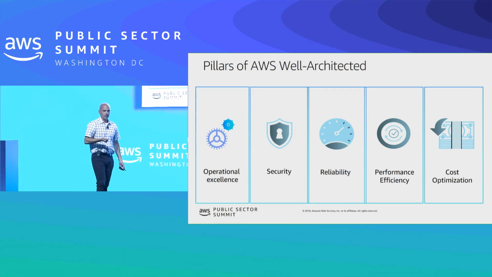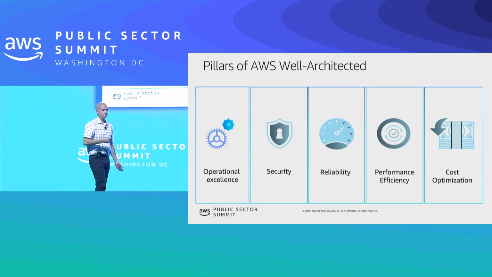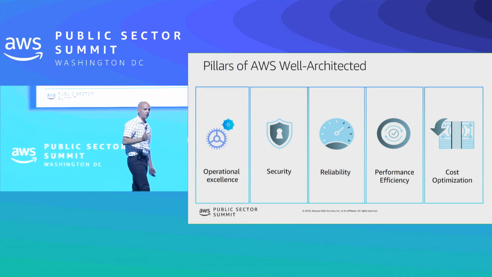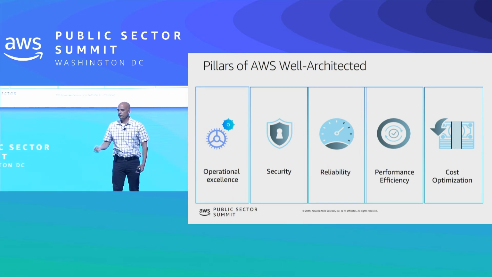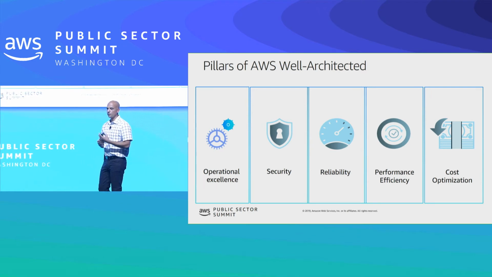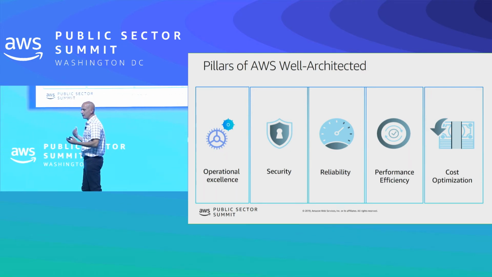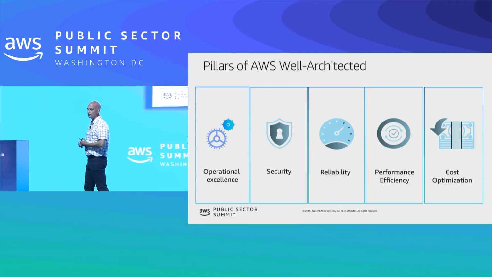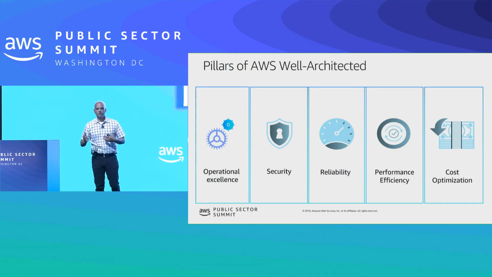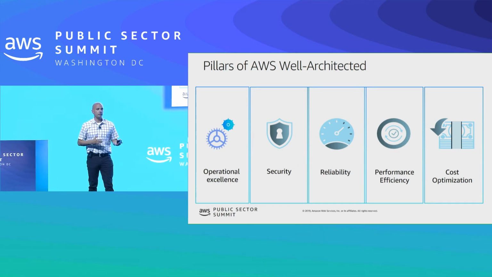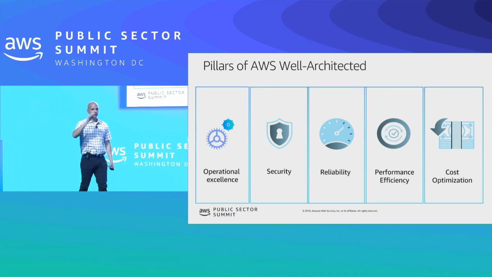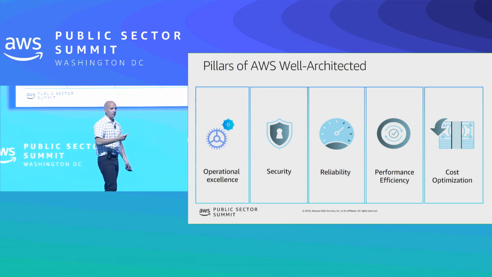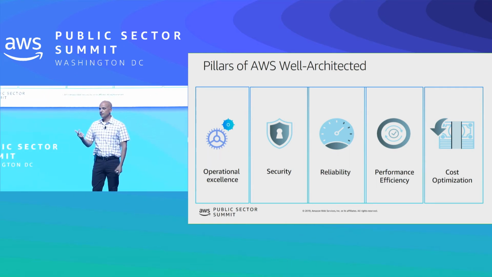Performance efficiency, this really will dive into things like, hey, are you using CloudWatch metrics? So many of my customers are not necessarily looking at CloudWatch metrics, so if you're coming from an on-prem world, you may also be coming from this environment where I can only buy servers once every 3 to 5 years, so I'm just going to buy big, right? But in the AWS world, you can change that server size very easily and very quickly and save yourself a lot of money. What I like to describe is if, let's say I'm using an M4 2XL instance type, right? And if I go to an M4 XL, I just cut my price in half,